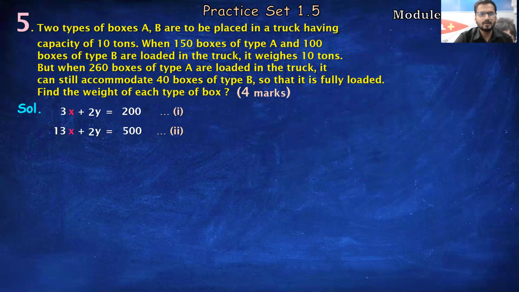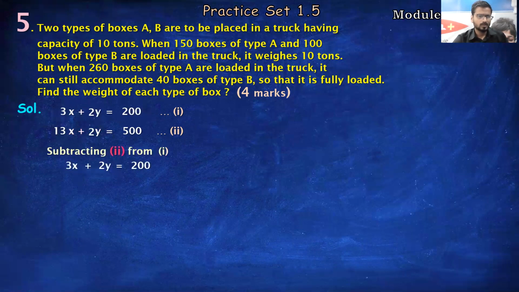Okay, now in this sum, if you observe, x ka coefficient is different, whereas y ka coefficient is same sign. So same sign subtract, triple S. I hope you all remember. Same sign to subtract. So we can subtract the two equations. Let us subtract. Subtracting 2 from 1. So the equation which we have written in the below side, the sign will be changed. So plus 13x will become minus 13x, plus 2y will become minus 2y, and the plus 500 will become minus 500.